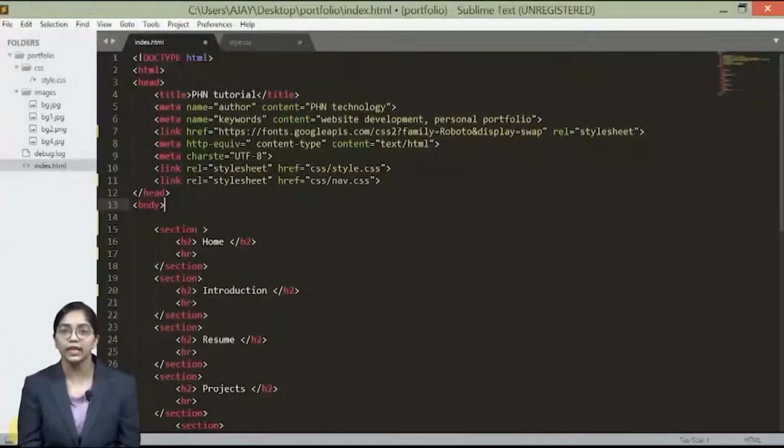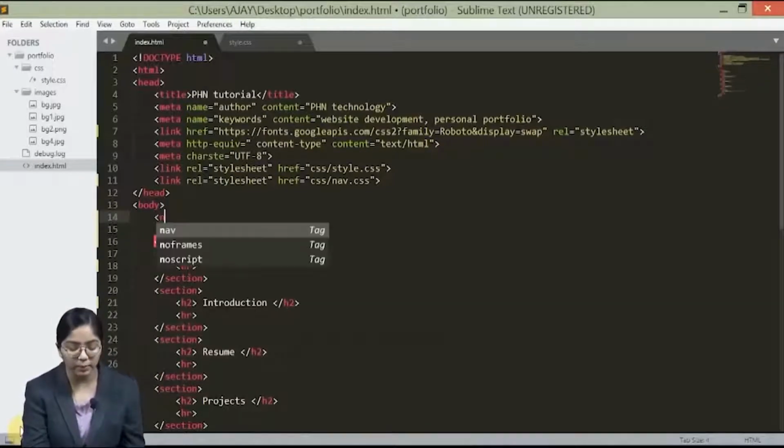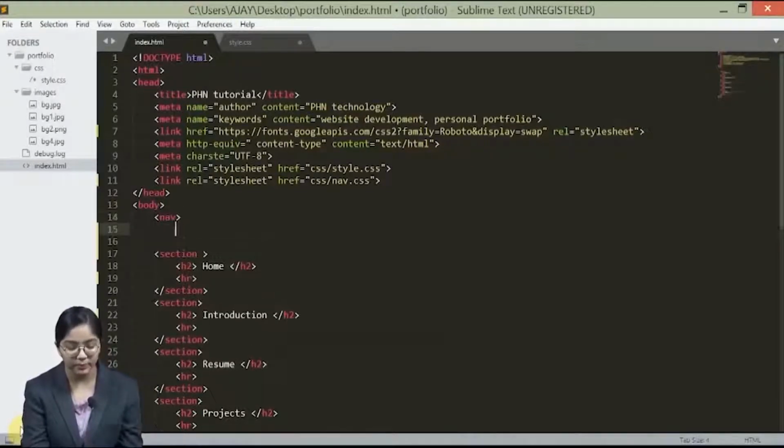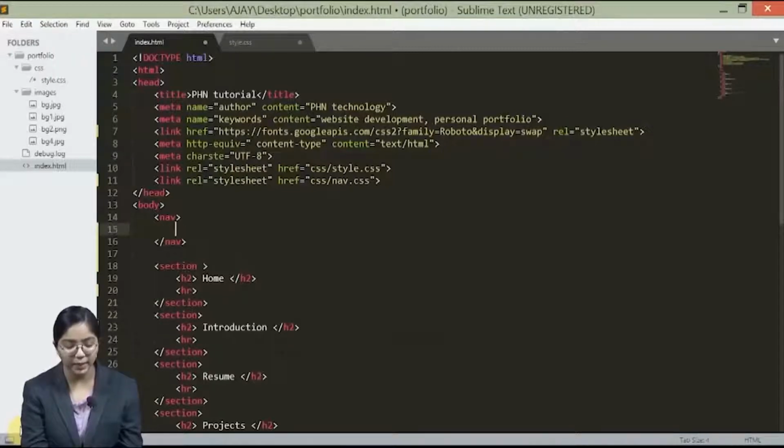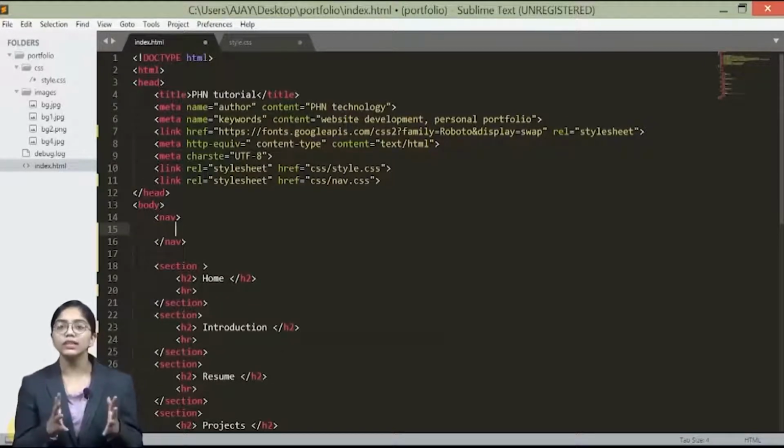Now we are going to create a navigation bar using the nav tag. I'm going to create my navigation bar in the body. So nav is a pair tag. Now what does the navigation bar do? We click on a particular word and it takes us to that particular section. So that section also belongs to our website, right? Now what is a website? A website is a collection of such web pages, and the navigation bar collects them all and gives us a platform through which we can visit all of them.